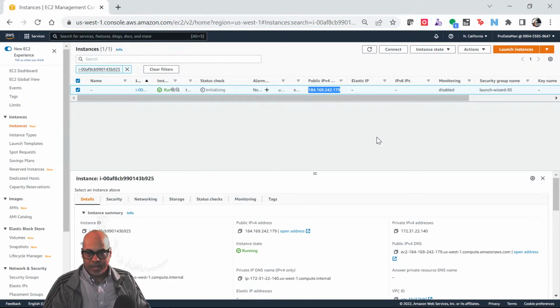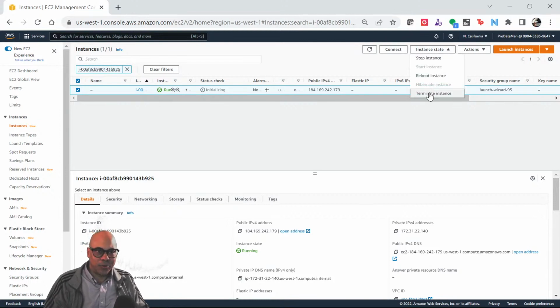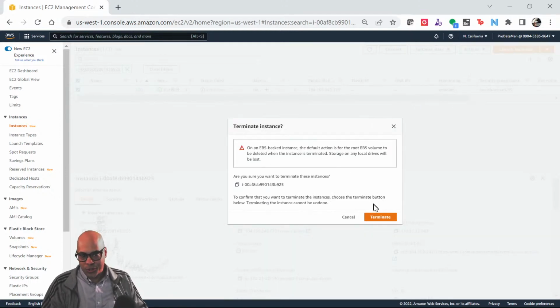So the 20 or 20 some odd servers that we have running, if I forget and leave them running for a week or two, that'll cost us about $1,500. So I will be sure to promptly delete those right after class here. In fact, I'm going to delete this one right now because I didn't tag it or label it with anything, so I will very likely forget what that is and leave it running. So I'm going to terminate this instance, which you should also remember to do when you're done doing your labs.